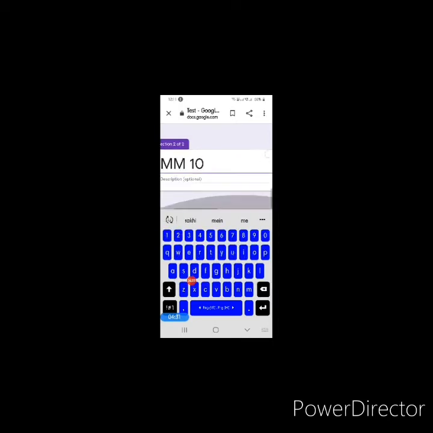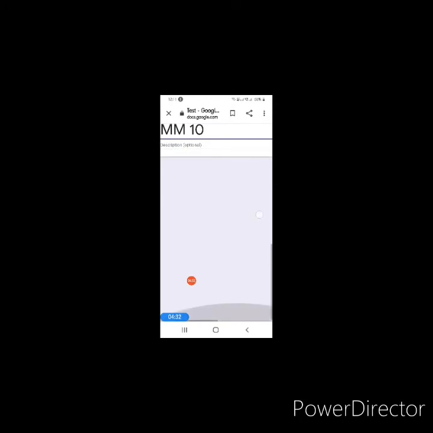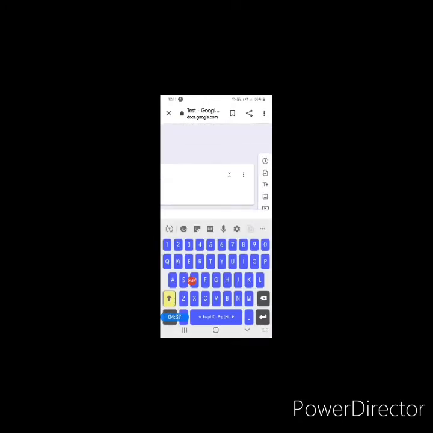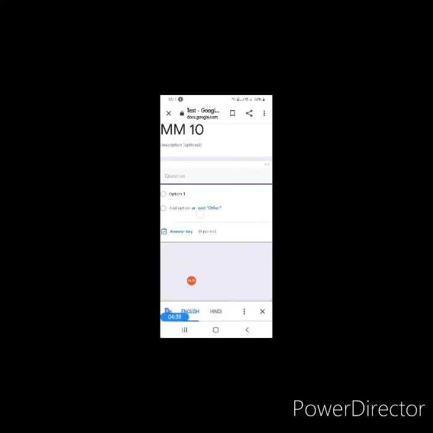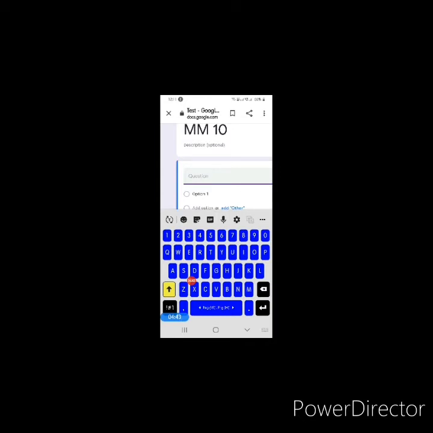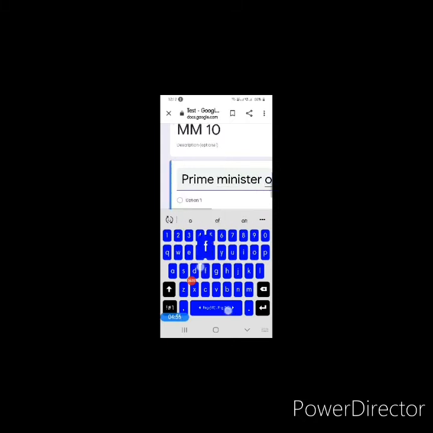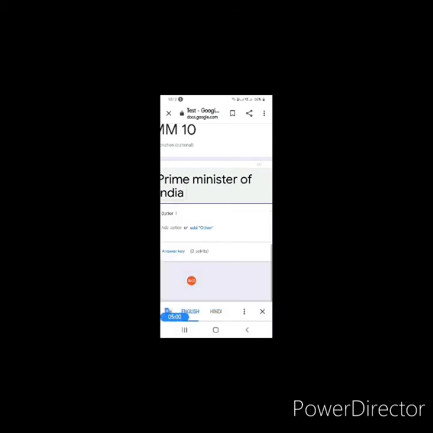Then I can start writing the questions. Then I have to select this plus. As I select plus, there will be an option for the question to be written. If I write here, Prime Minister of India, and now I want